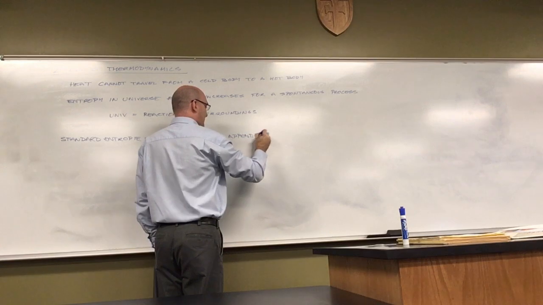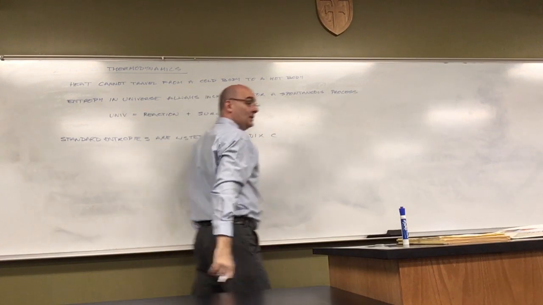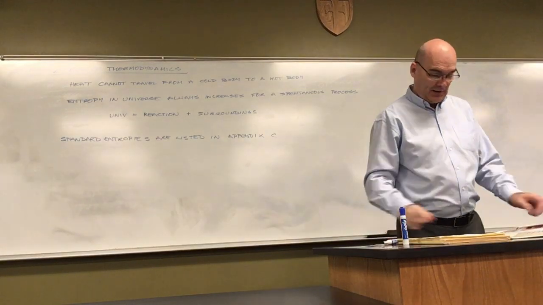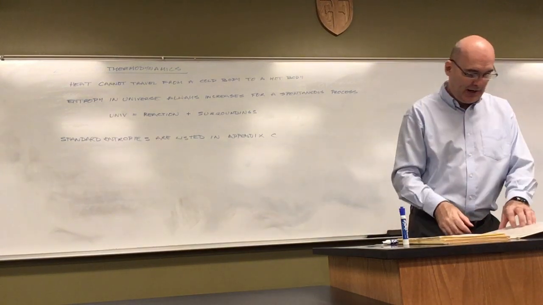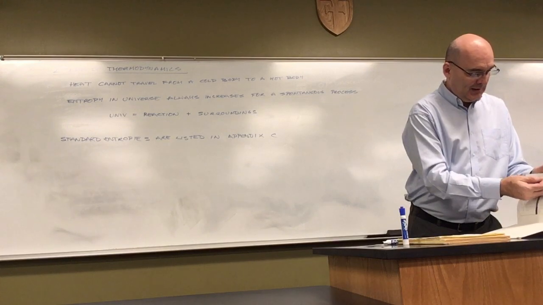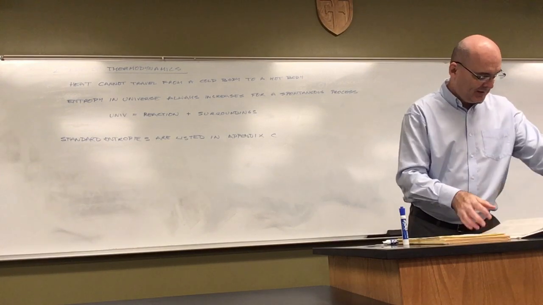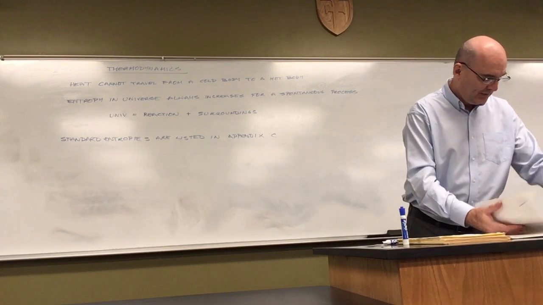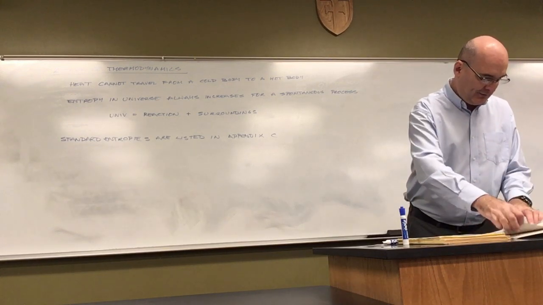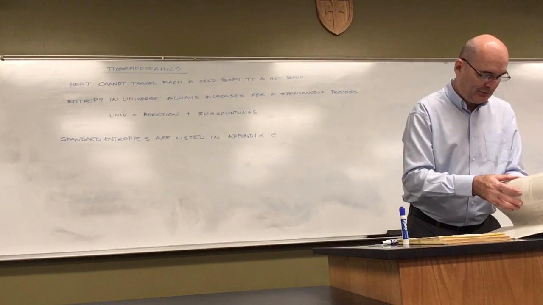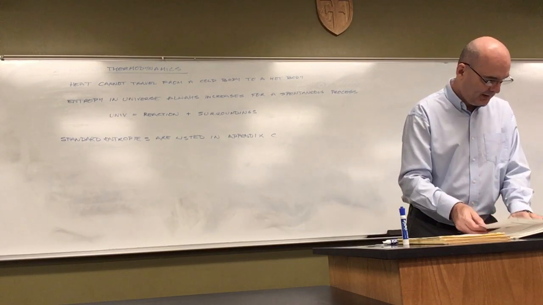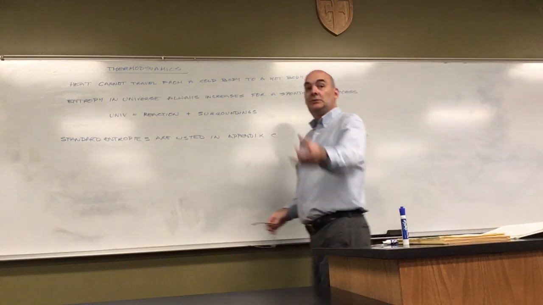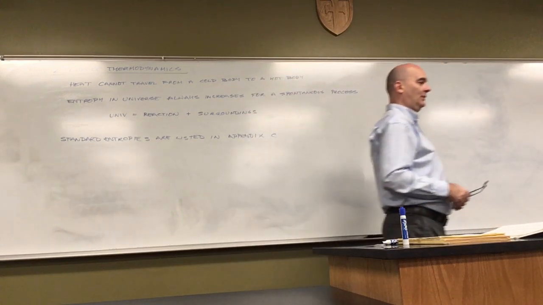I'm going to write this down and then fact check what it is that I'm saying. But standard entropies are listed in Appendix C of the book. I believe that's the appendix that I printed and tagged on to the end of problem set 3. Yep. So in Appendix C, which you might have printed out or you've got in the book in front of you,